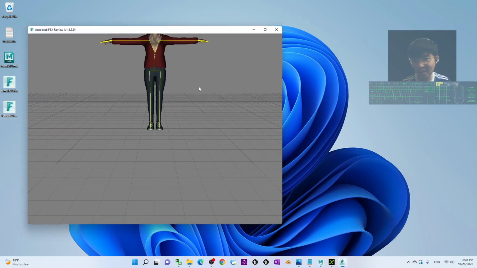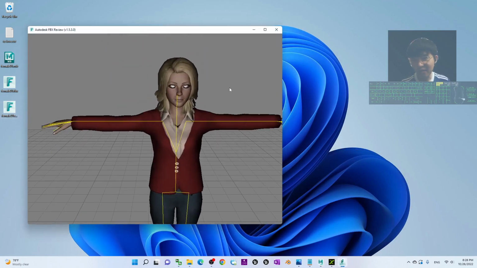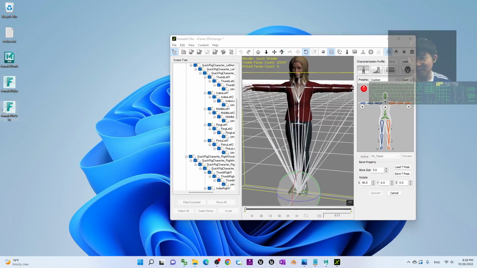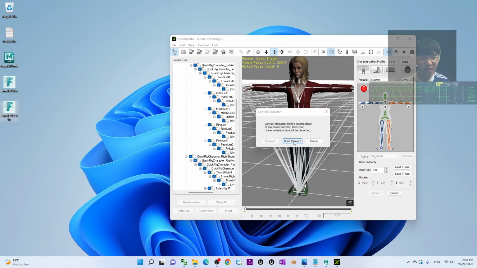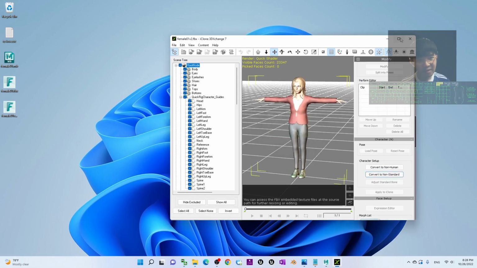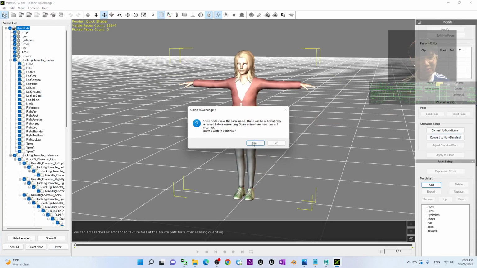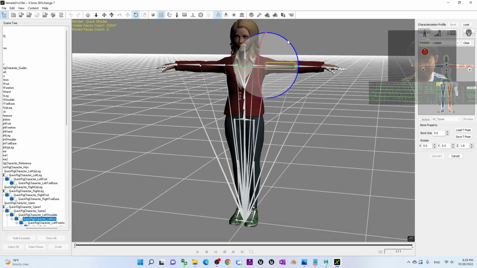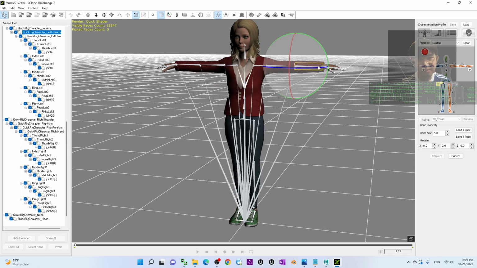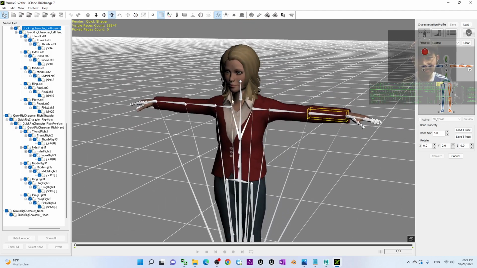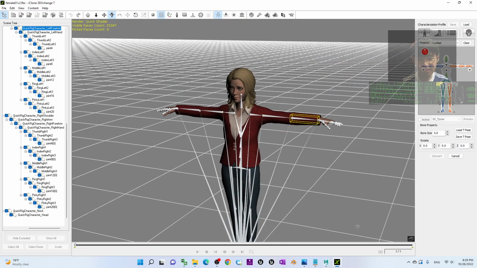Now you can see the difference without the Maya human IK here. You open it. This is the Autodesk FBX Review. If you drag it into the third-party software, it will be better without the Maya human IK. I don't convert it. Okay. Now, if I click convert to non-standard, which is one of the functions here, it will be better. Right now you can see we test this in this third-party software.